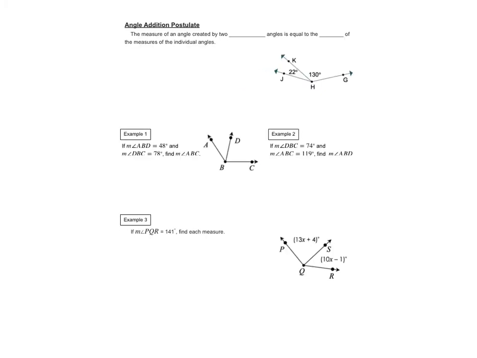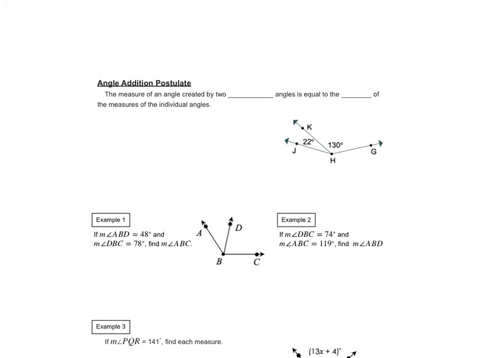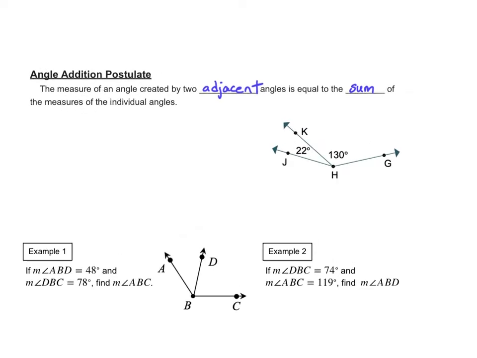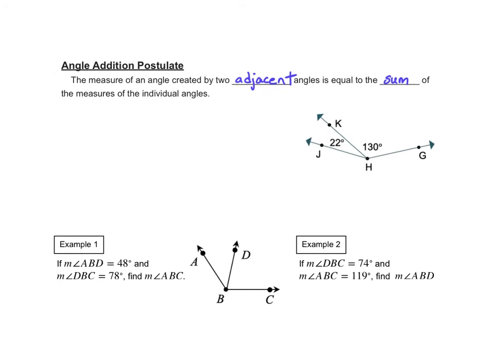Looking at that, now we talk about that angle addition postulate. Just like when we had segments which were connected, we now have angles that are going to be connected because they share a common side. The measure of an angle created by two adjacent angles is equal to the sum of the measures of the individual angles. So what are they saying here with this statement? They're saying that if I add the measurement of this angle to the measurement of this angle,